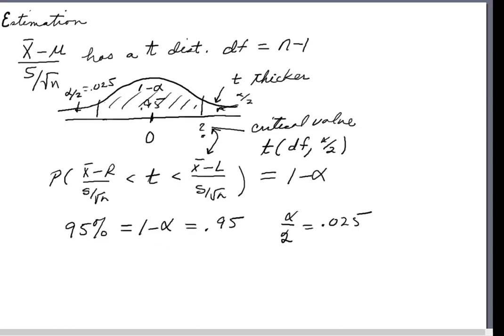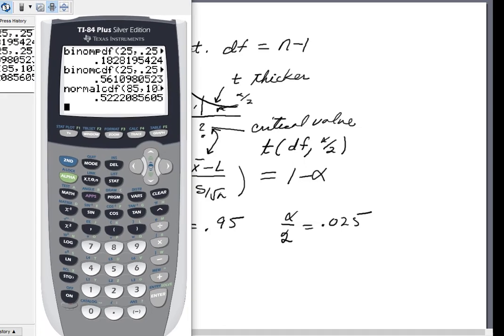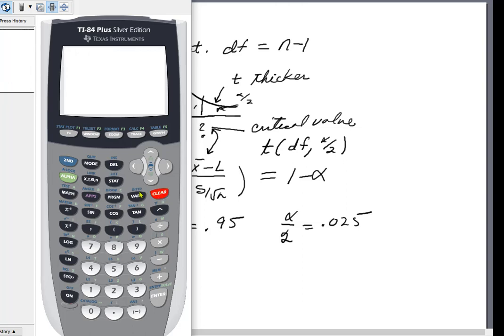Now, I don't have Minitab up, but I've got a graphing calculator. So let's try to use the graphing calculator and see if we can figure out what the inverse T for 0.975 would be. We looked at this calculator a few days ago. It's just a TI-84 Plus. Let's clear the screen to begin with, and then we want to do a probability distribution. So I'll do second distribution, and notice that 4 is the inverse T. So I'm going to select a 4, and that'll give me the inverse T. The area refers to the area to the left,